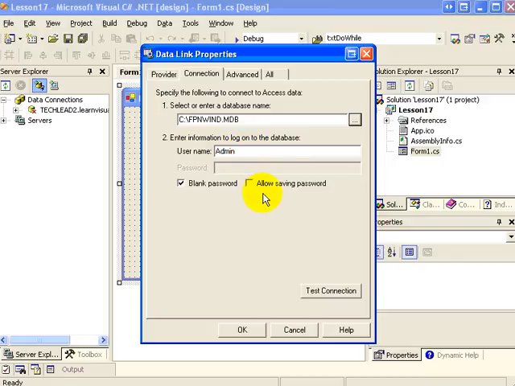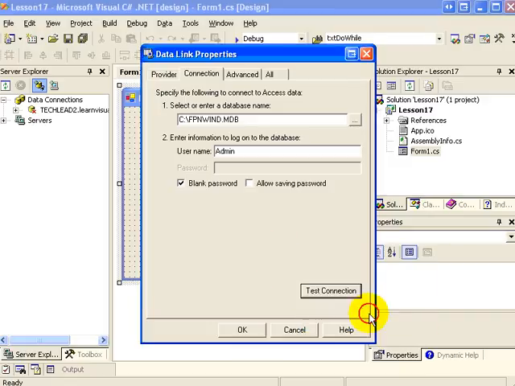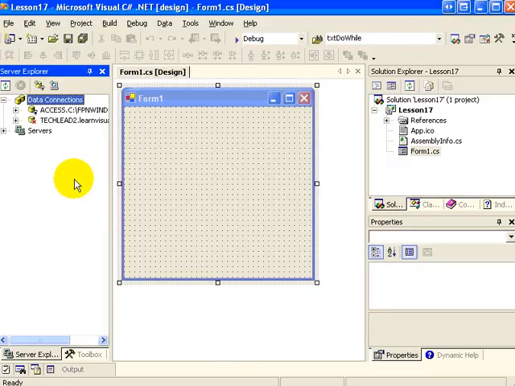Now I don't need to enter any of this sort of information. There's no login and password, so all I need to do is test the connection and make sure that it works, and it seems to work just fine. So then I'm going to click the OK button. Now sometimes it'll ask me if I want to save the password, even if I haven't entered a password. And you can go ahead and click Do Not Save a Password, because